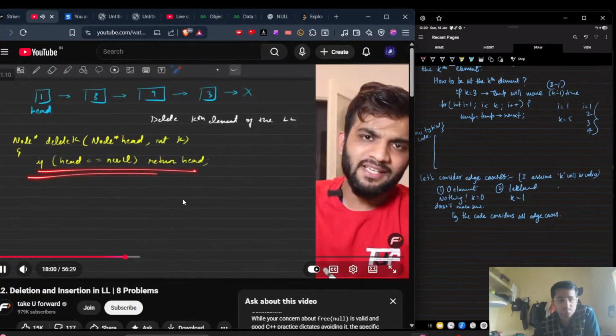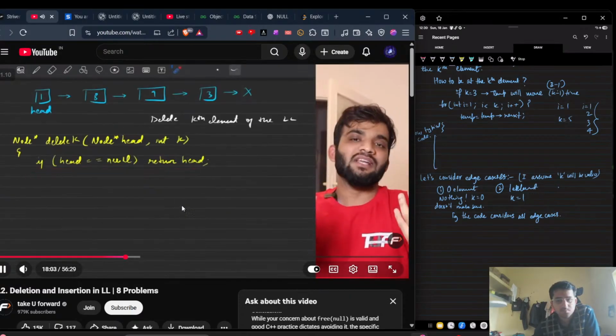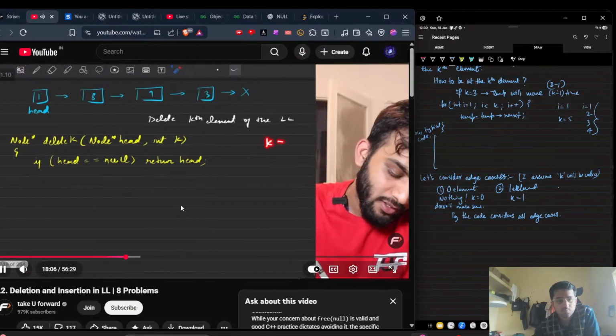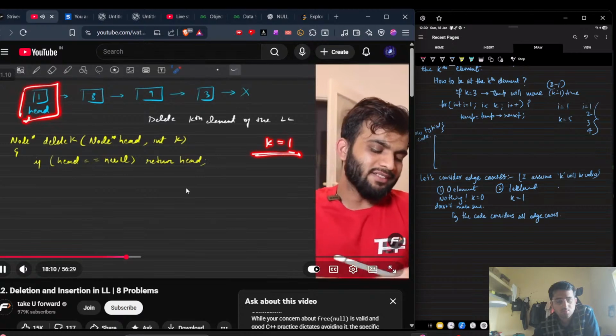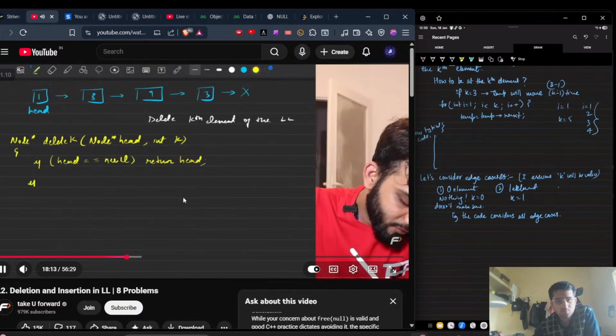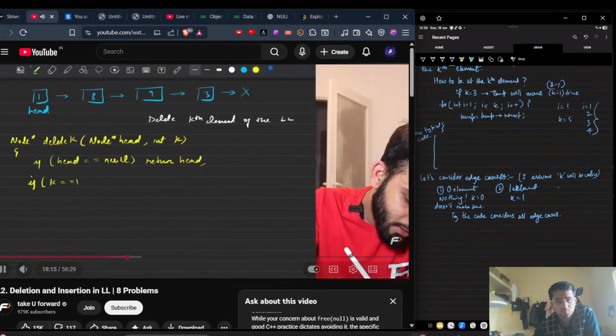So I've written down the basic edge case. Let's try to think about the next edge case. What if k is 1? In that case, it is always the head of the linked list that I have to delete. So can I write something as, hey, if k is 1, in that case, you'll have to